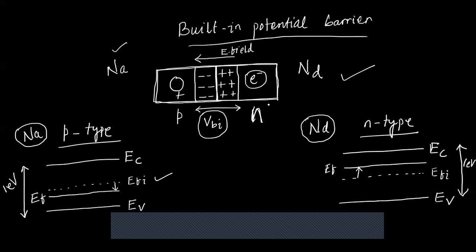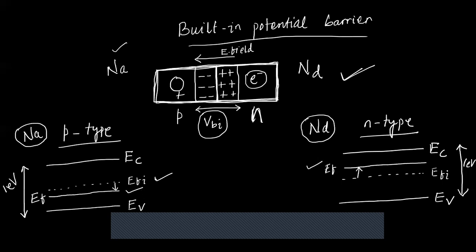So at a constant value of temperature, the Fermi energy should be constant throughout the entire system. Now they are not two different systems like P type and N type. When you combine, the PN junction is the total system, and the temperature at every cross section you consider is the same. So your Fermi energy level as a function of temperature has to be constant throughout the system. But now I can see there is a difference in the position of the Fermi energy level.